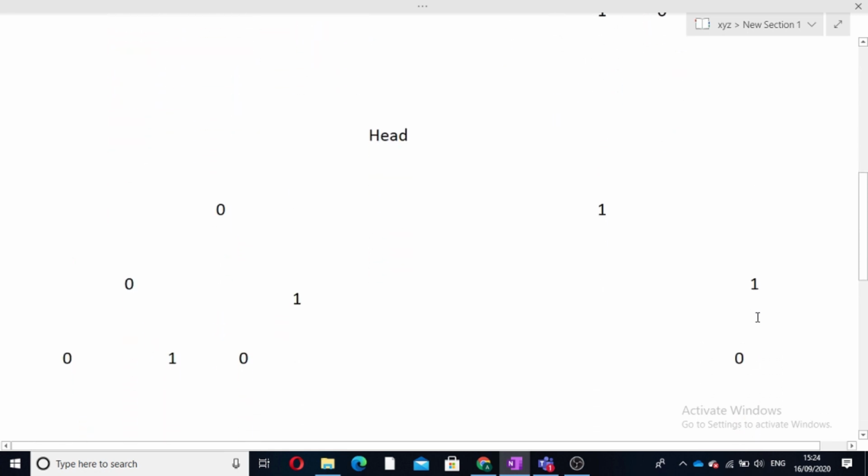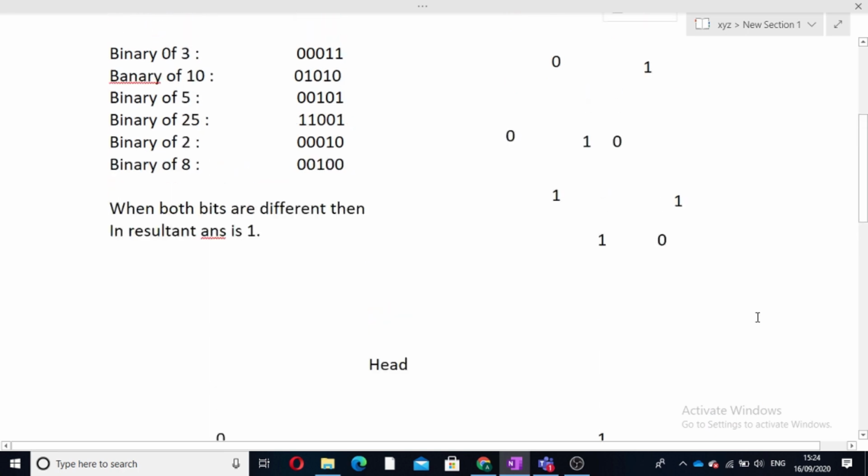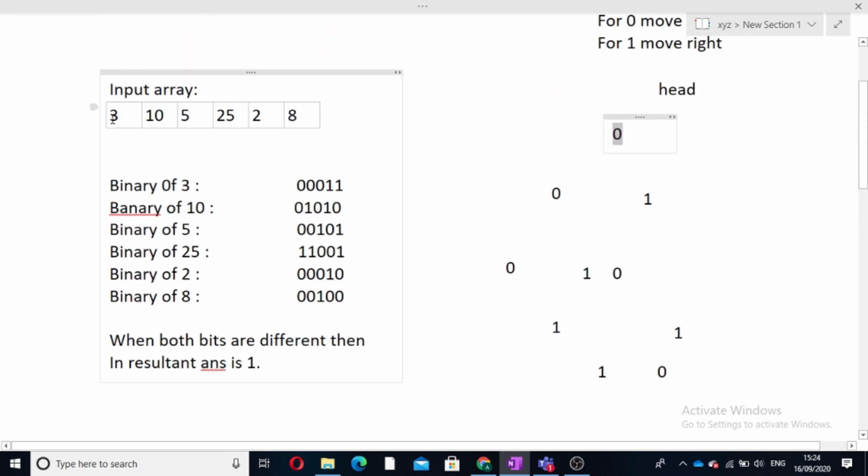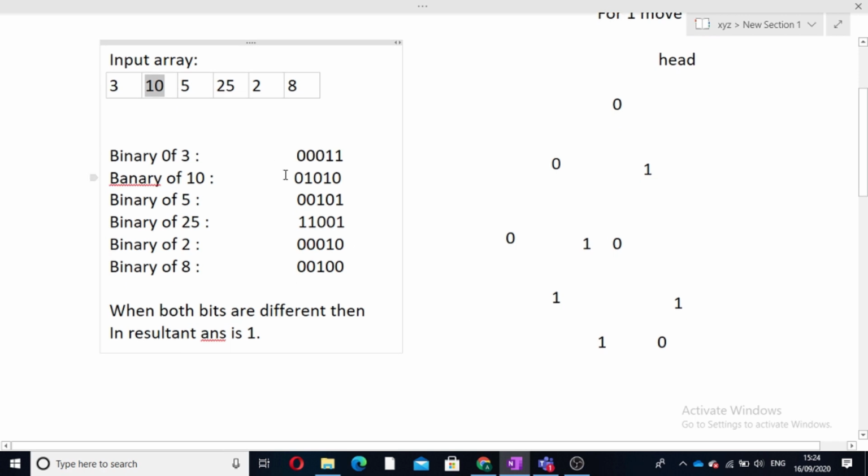So now what we have to do? Now we will iterate through the array and we will calculate the maximum XOR possible using a particular element at that index. Like when we are traversing through the array and we are at this position suppose, and the value is 10. So we will find out using the trie the maximum possible XOR using 10. Now let's see how we will do that. Now we know the binary representation of 10, that is 0 1 0 1 0.